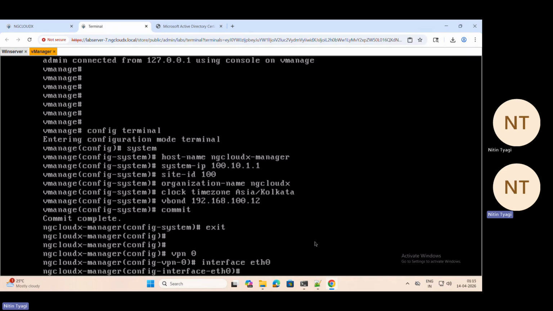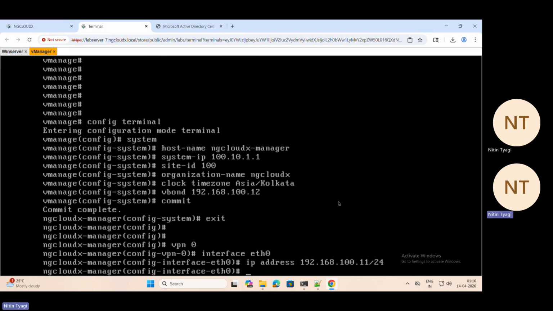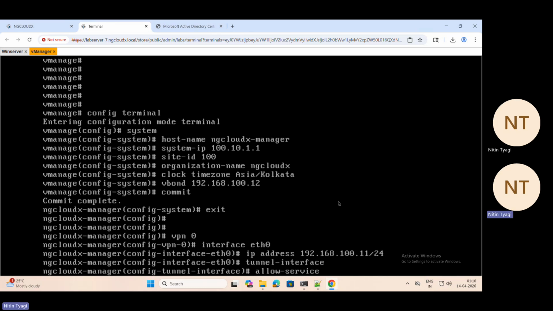So I'm inside eth0, IP address. My IP address is 100.11/24. You have to configure this IP as per your topology. Okay, do not overlap the IP with my IPs. Then the kernel interface, allow service all,